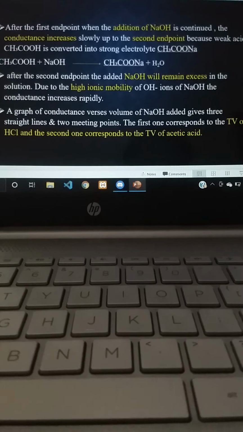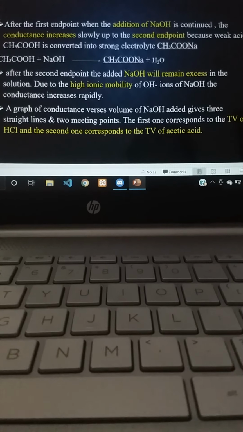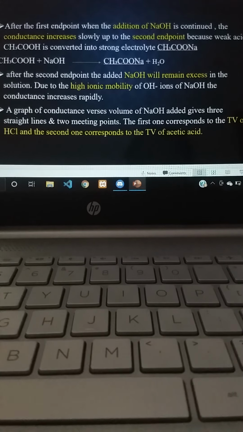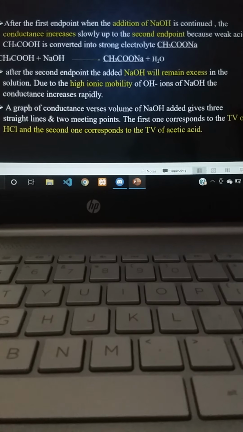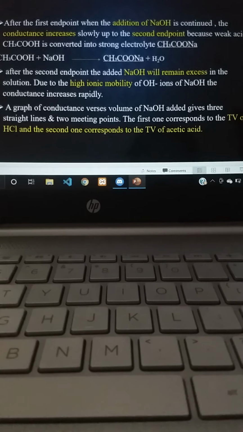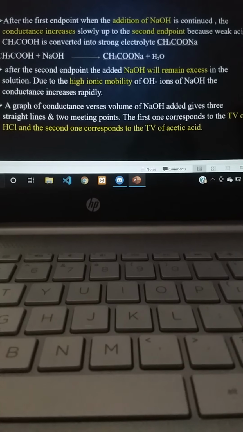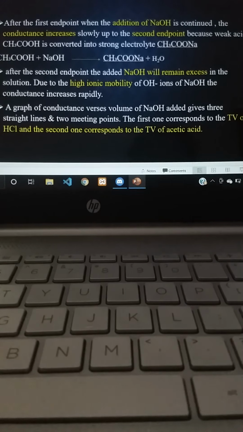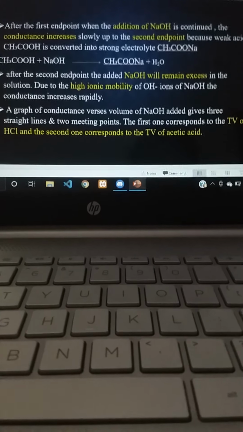After the first endpoint, when the addition of NaOH is continued, the conductance increases slowly up to the second endpoint. Why does it increase only slowly? Because acetic acid, being a weak acid, is converted into a strong electrolyte, sodium acetate. It is represented by the equation CH3COOH plus NaOH gives CH3COONa plus H2O. After the second endpoint, the added NaOH remains in excess in the solution, and due to the high ionic mobility of OH minus ions of sodium hydroxide,